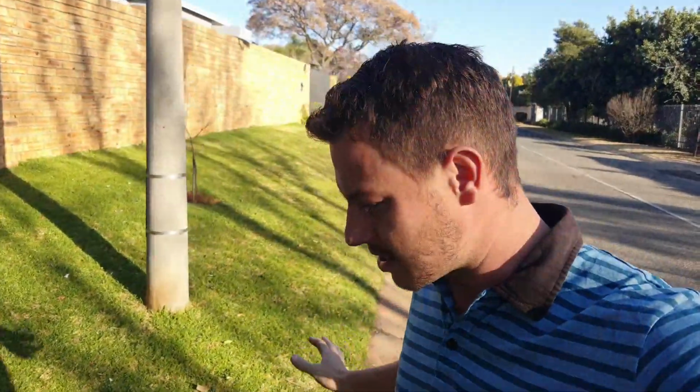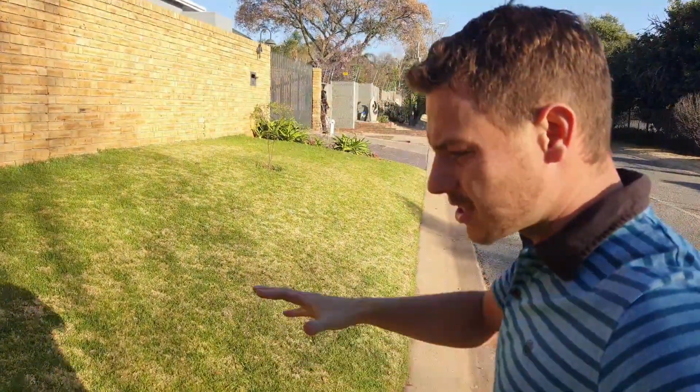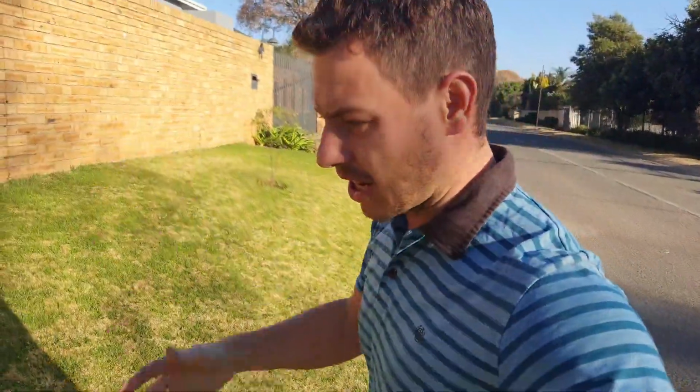I fertilized a little bit, but I've never done a renovation, so it's quite uneven. So today I want to do a little bit of a mini renovation on this lawn. Nothing serious, more still like my control area where I just compare it to the rest that I really take care of, and this one I leave. But this year I'm just going to do that little bit extra to get the green lawn first, okay,